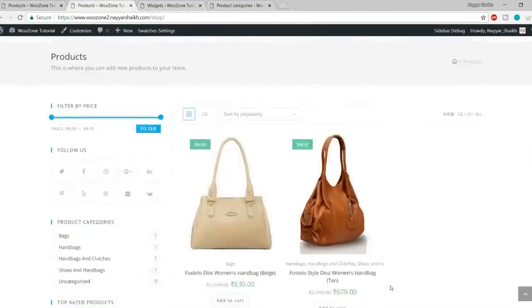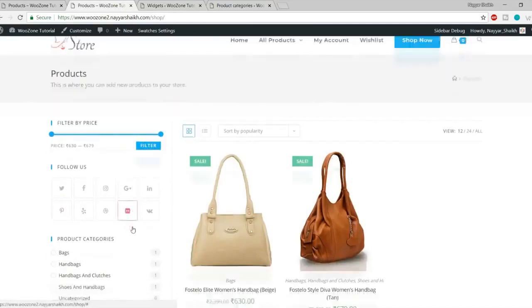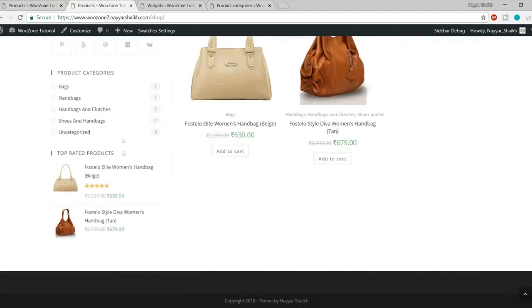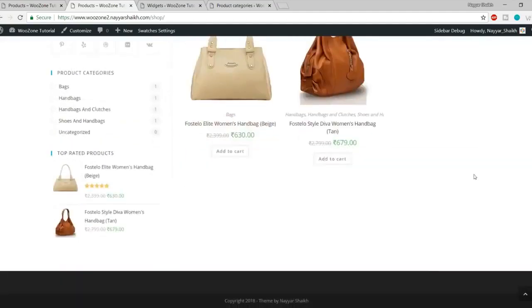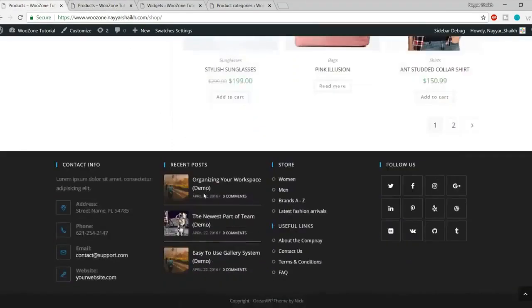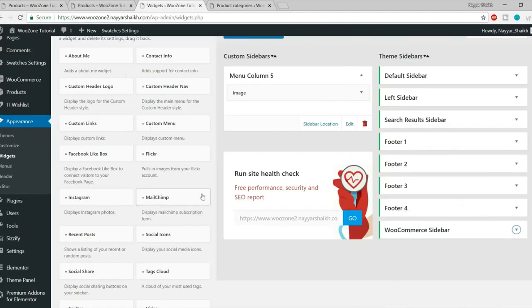Okay, so with this we have also completed the shop page, how you can display the shop page and different sidebar for this one. Now let's do the final thing, which is to change the footer widgets. We have some widgets used in the footer. Let's add these widgets. Again, in the same page under the footer one, what we'll do first is